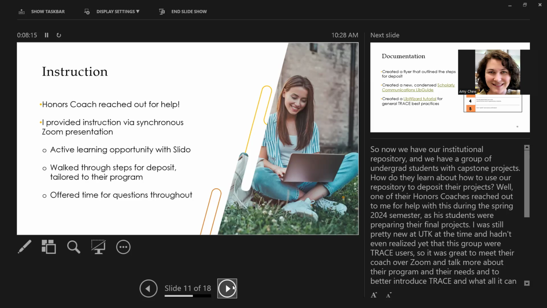I did an active learning opportunity with them with Slido, kind of like how I just did with y'all. I think a lot of times students are scared to speak up in class, especially if it's about something they've never heard of or didn't know much about. And talking about an institutional repository, I say that term all the time, but to students it's like, what is that? What are you even talking about? Why do you say it so fast? I feel like I should slow down on it. They're genius students, but that's just not something they deal with on a daily basis. And so I was able to slow down a little bit and do some interactions with them.